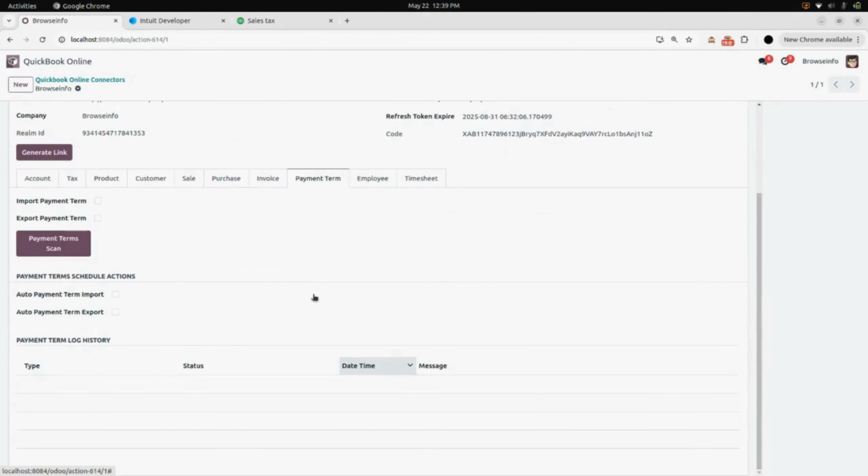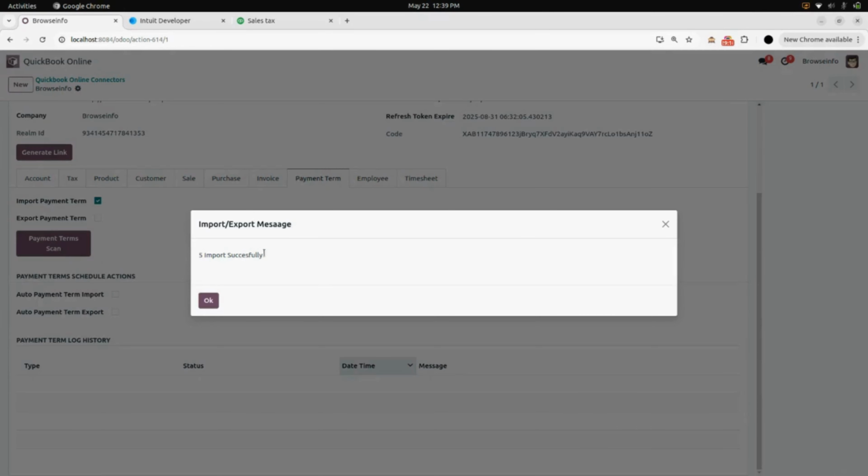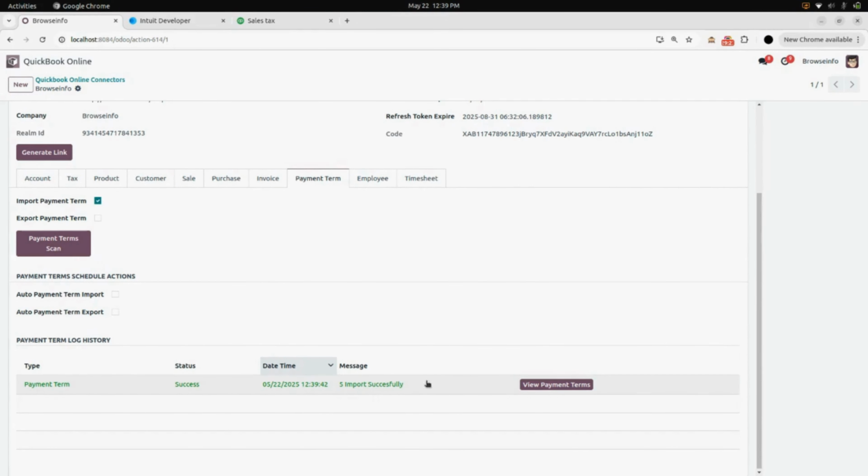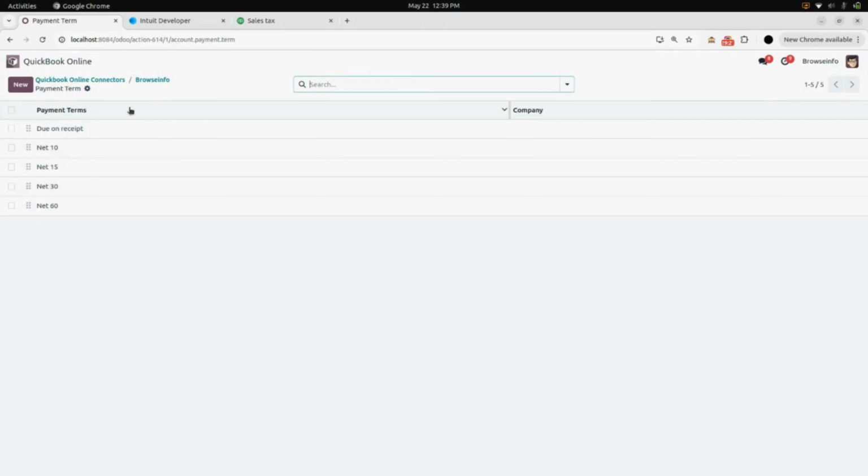Now after invoice, we are going into the payment terms, and in here you will find a button for import payment terms. So enable that and click on payment term scan. Here you can see that your payment terms will be imported into Odoo. Here you can see 5 are successfully imported. In the log history also you can see that 5 payment terms are imported successfully. Click on view payment terms, and in here you can see the payment terms which are imported into Odoo